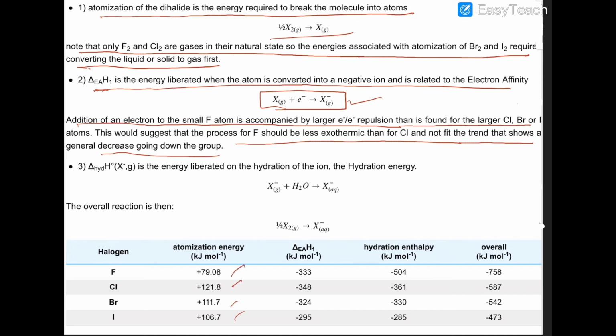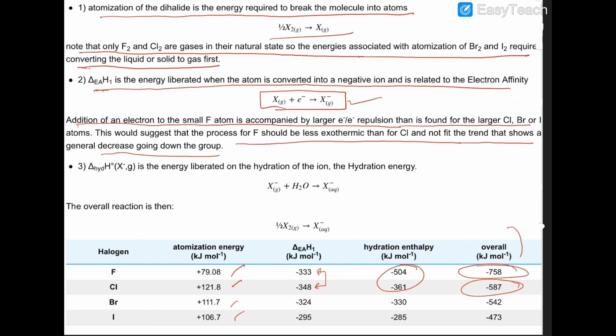You can say that in case of chlorine, despite being a gaseous state, it got the highest value of atomization. Now look at these two values. The only difference between them is only 15 kilojoule. So less difference between them. But look at these values, heat of hydration values. Huge difference of minus 140. So that's why the overall enthalpy changes are favorable in case of fluorine.